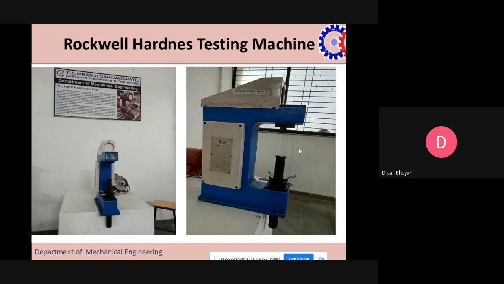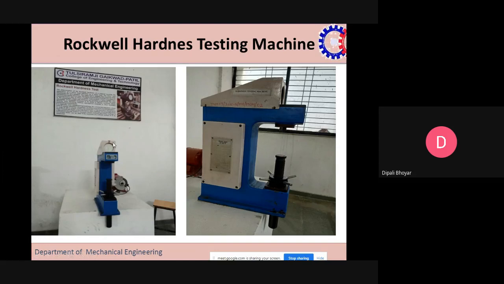As you see, this is the hand wheel which is used to move this setup up and down. These are the two jaws. In between we place a metallic specimen with a circular dimension, and we fit the indenter here, which is of very small dimension, and we apply the forces.